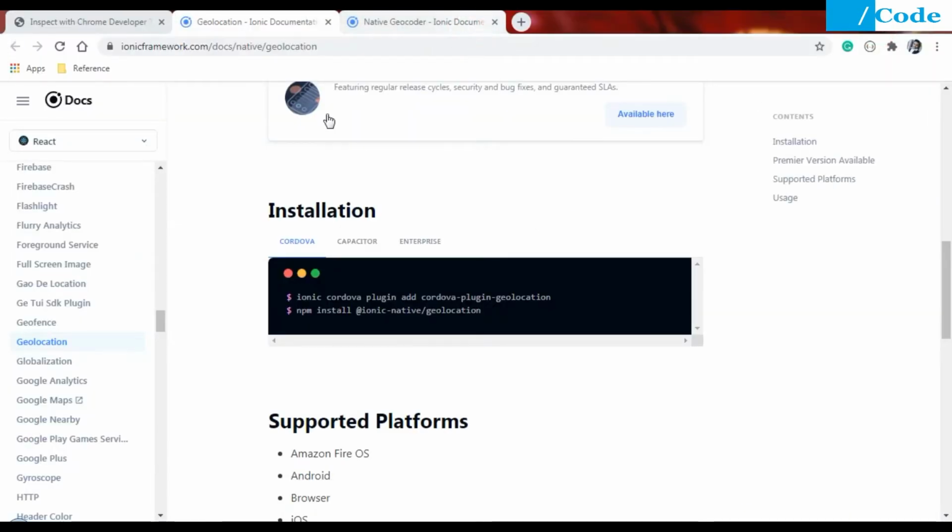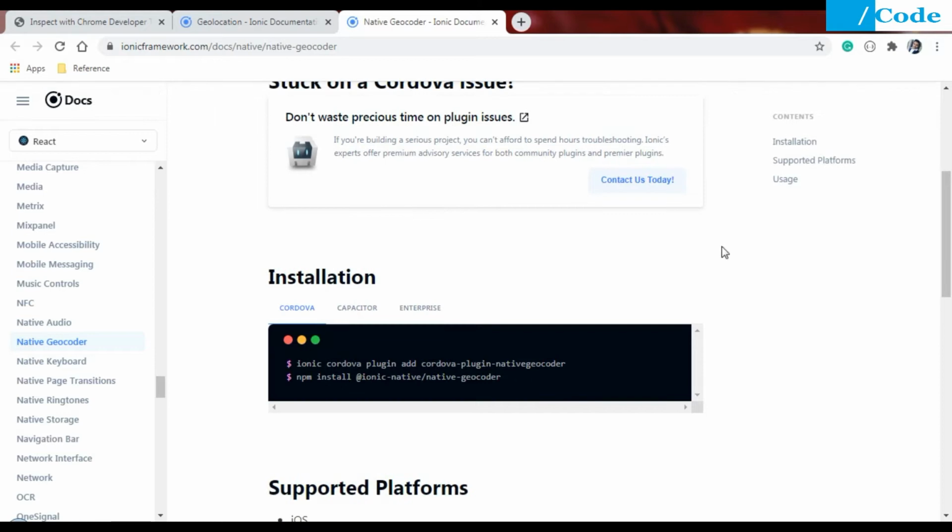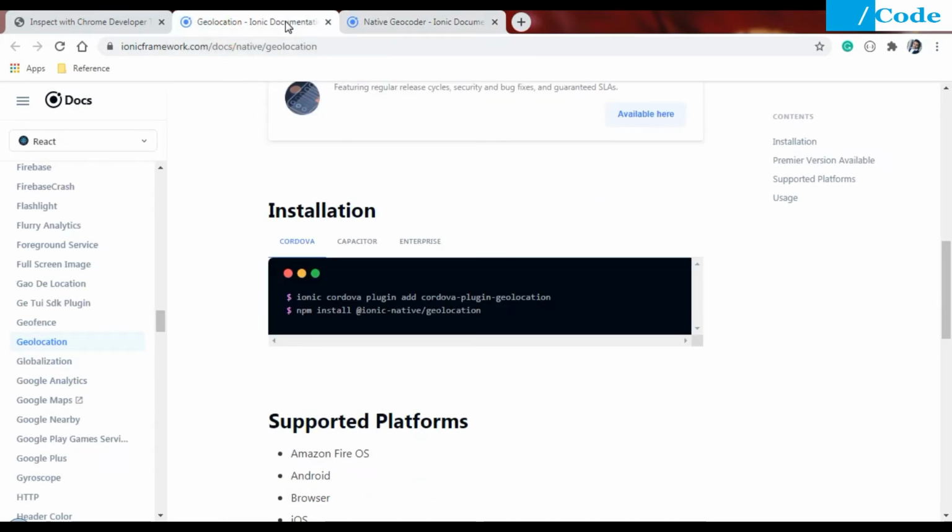After installing the blank application, we need to install these two plugins. One is the geolocation plugin, and one is the geocoder. So why do we need two plugins here? The application has two parts.